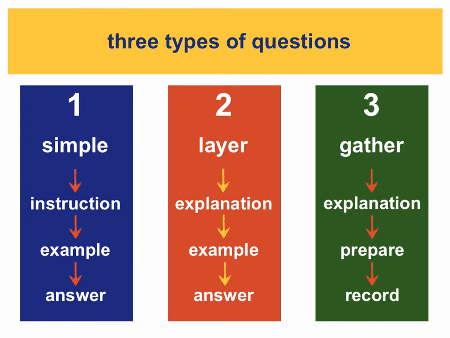The third type of question is provided for you to use to gather information from people in your personal and professional networks. So it starts out with an explanation or a concept so you understand what the objective is of the exercise. In some cases, we also give you information that will help you prepare the people who are participating so that they have a good understanding right from the start of what you want from them, what sort of feedback is useful, and also how you're going to use their feedback.